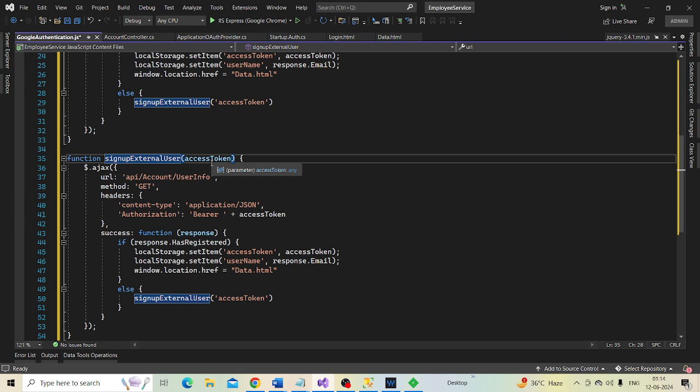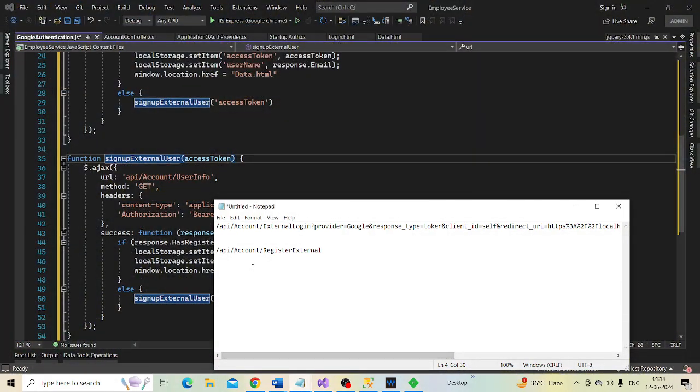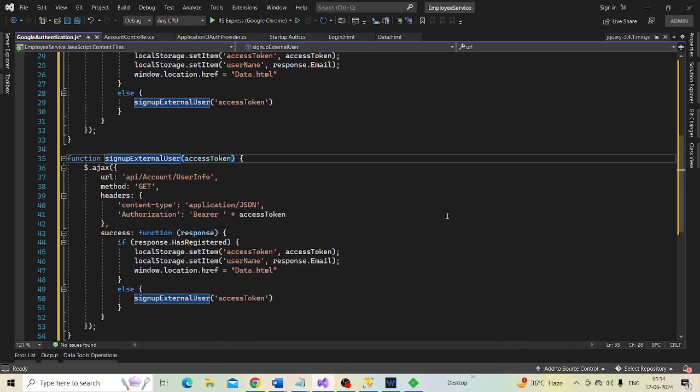And then we want to issue a request to this URL. Let's copy that and specify it right here.